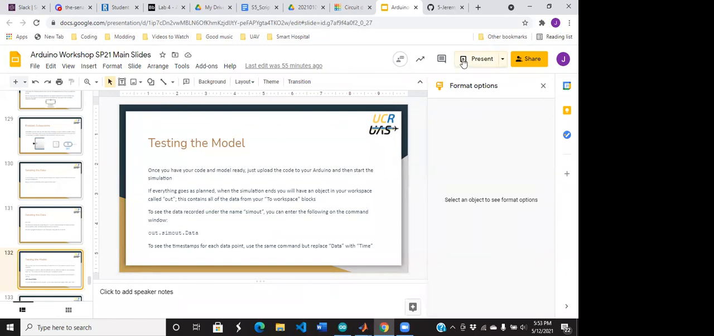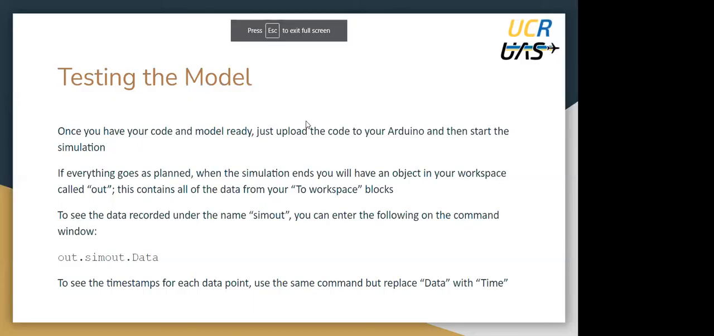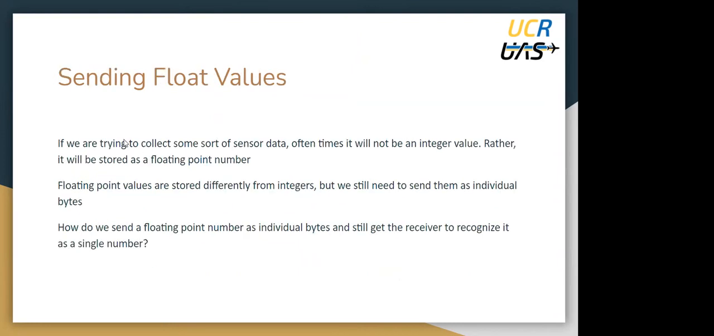So now we've seen that the basic model works. Let's try modifying it to make it more realistic conditions. So if we're trying to collect some sort of sensor data, oftentimes it will not be an integer value. Rather, it will be stored as a floating point number. Floating point values are stored differently from integers, but we still need to send them as individual bytes. So how do we send a floating point number as individual bytes and still get the receiver to recognize it